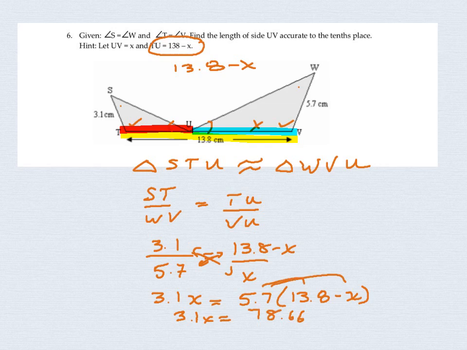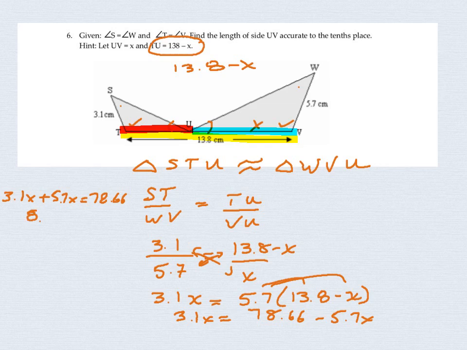78.66 minus 5.7x. Now you know x's have to go on one side, numbers on the other. If I bring the 5.7 to the left, I'm going to have 3.1x plus 5.7x will equal 78.66. Now, gather your like terms. 3.1 plus 5.7 is going to give you 8.8x,